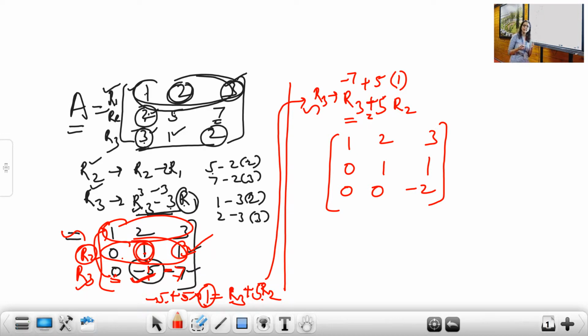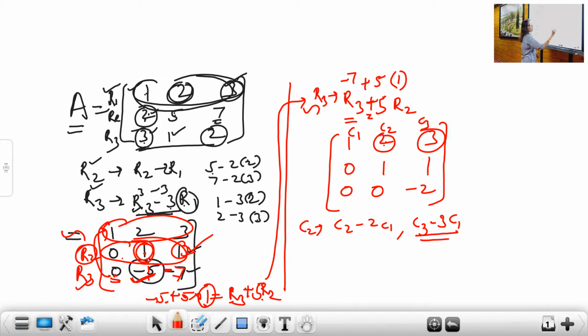Now in the same example I will tell you the meaning of a column transformation. What is the meaning of column? These are vertical columns C1, C2 and C3. Now suppose I want to make this element 0. I will not mix row and column transformations. So I will write C2 minus 2 C1. Both columns are taken into consideration. 2 minus 2 is 0. If I want to make this element 0, what do I do? I will take C3 minus 3 C1. When I am changing C2, I cannot use C2 here, right? So whichever column you are changing, you should not use it in the same step. Next step you can do it.